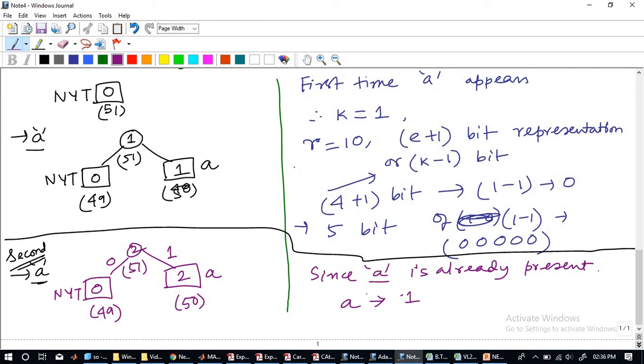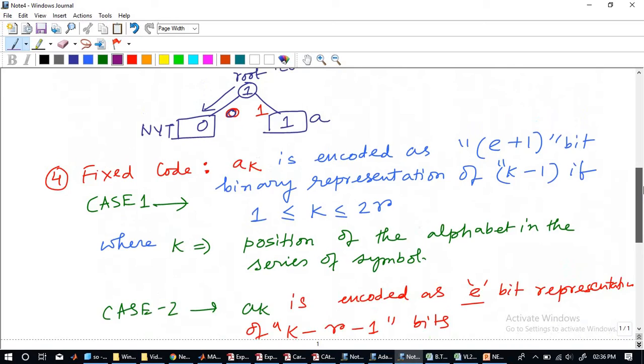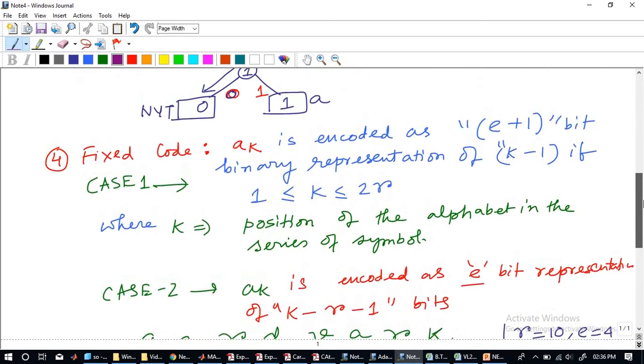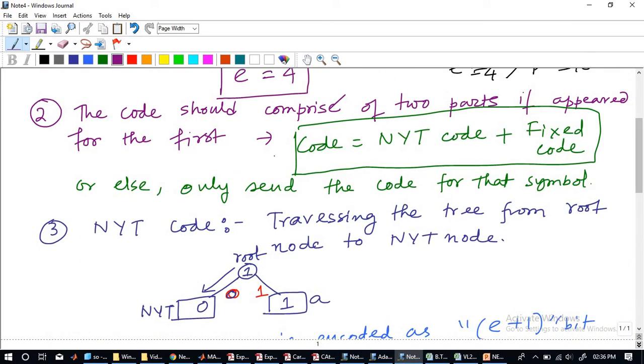Clear? Now, the second time when A appears, already A is existing in the binary tree. Am I understandable? It's already appearing in A. So what is happening? If you go back to this rule, the code should comprise 2 parts if appeared for the first time. But this is not the first time. This is the second condition. So else statement. Else only send the code for that symbol.